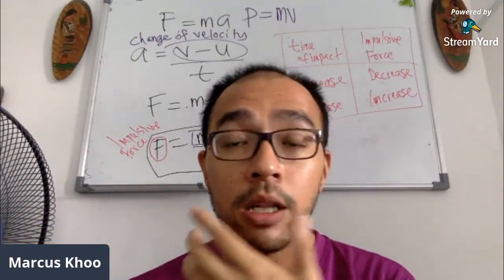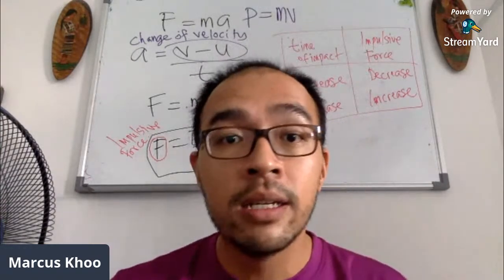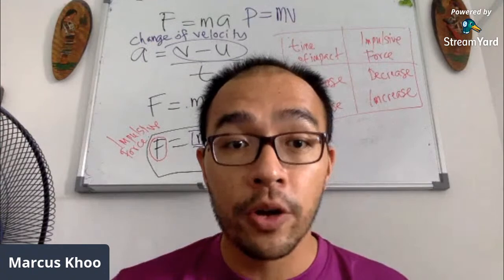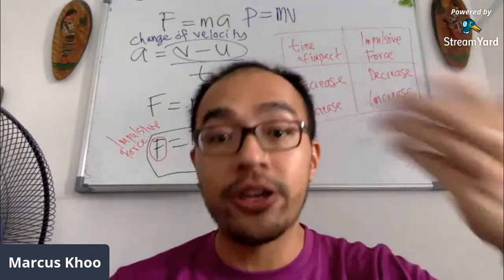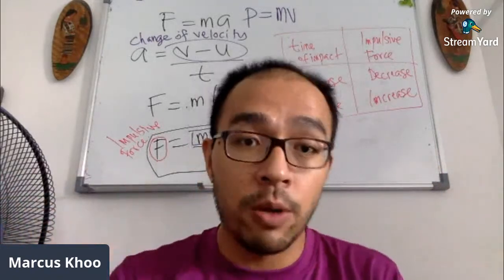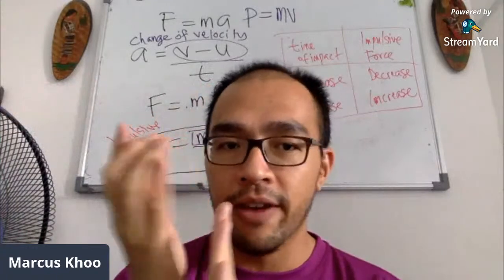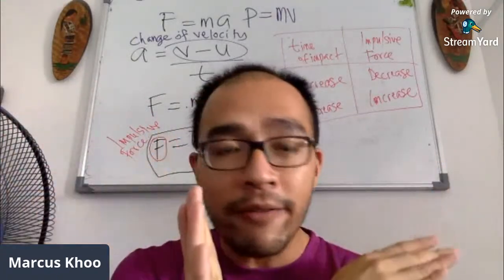It helps a lot of scientists to determine a lot of things, especially when they're designing or building something, because of this action and reaction rule. Big action, big reaction. Small action, small reaction. How do you get a big action? You make the time of impact very small. Time of impact very small.